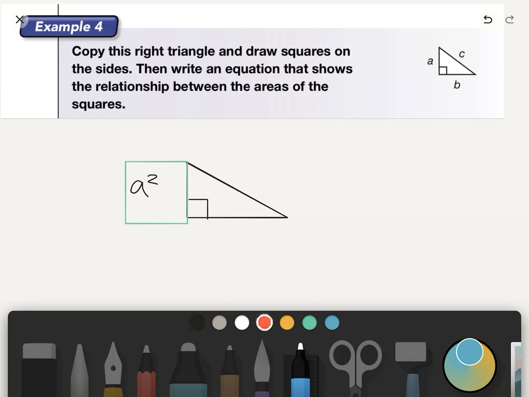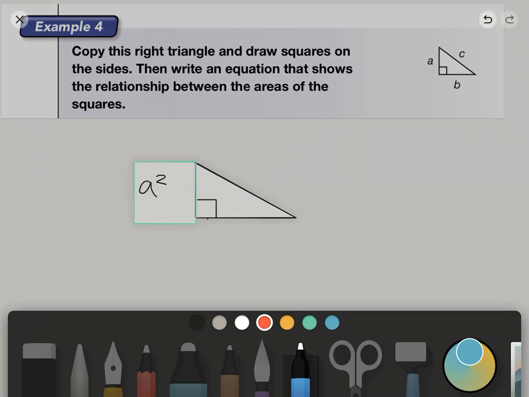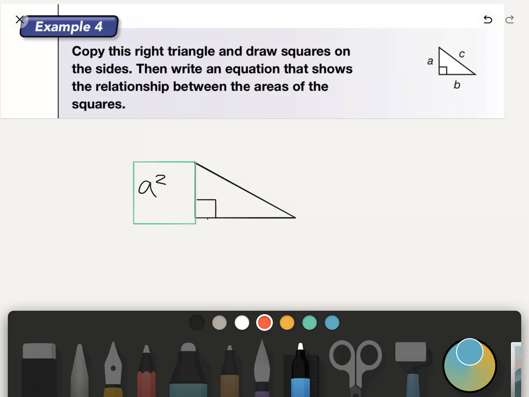And the square created by leg B is equal to side B squared, and the square created by our hypotenuse